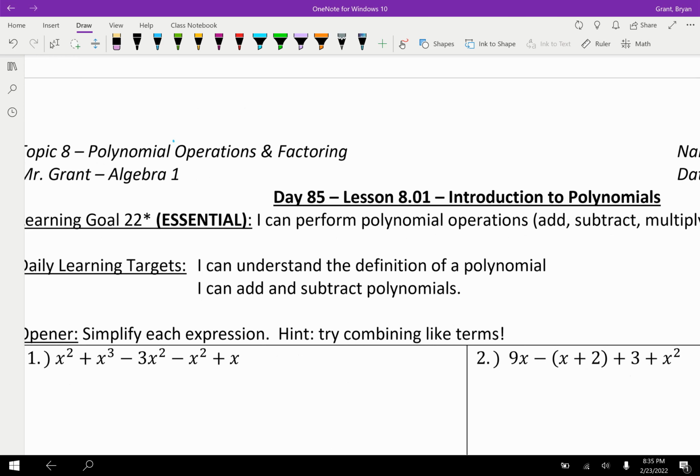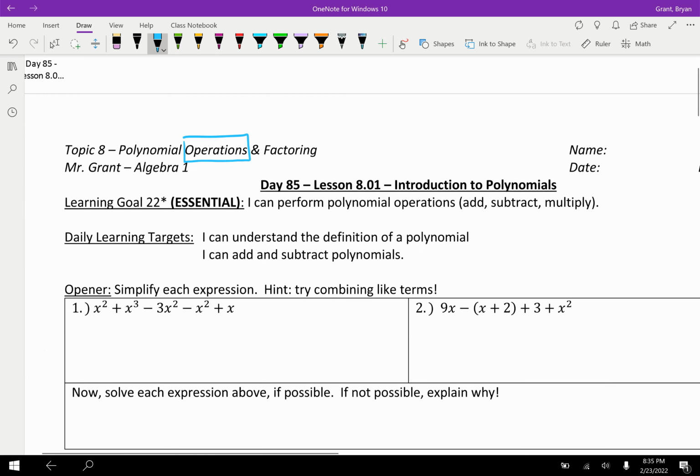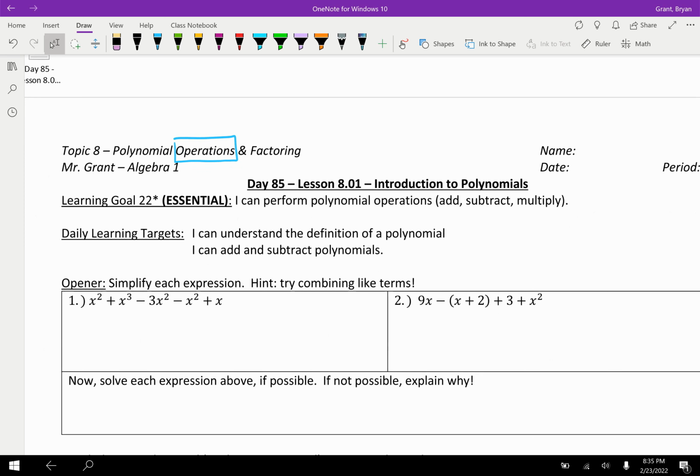Now, when we talk about operations in math, we know a few operators. Operators are like addition, subtraction, multiplication, division, squares, square roots. Think about the different letters in PEMDAS, and generally each of those is an operator. So when we say polynomial operations, what we're really going to learn is how to add, subtract, multiply, and then